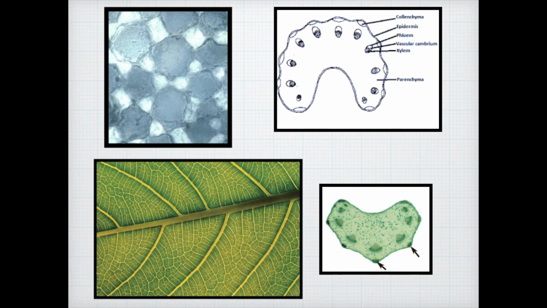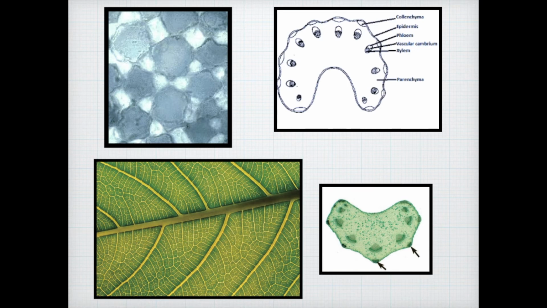Now why am I showing you the leaf here? Because the collenchyma tissue is present around the veins. It is spread out in the leaf, because if the collenchyma tissue is not there in the leaf, it might snap and break. So it is very important to have collenchyma tissue in green areas of the plant, like the leaf and the petiole. If the stem is green, it will need the collenchyma tissue.